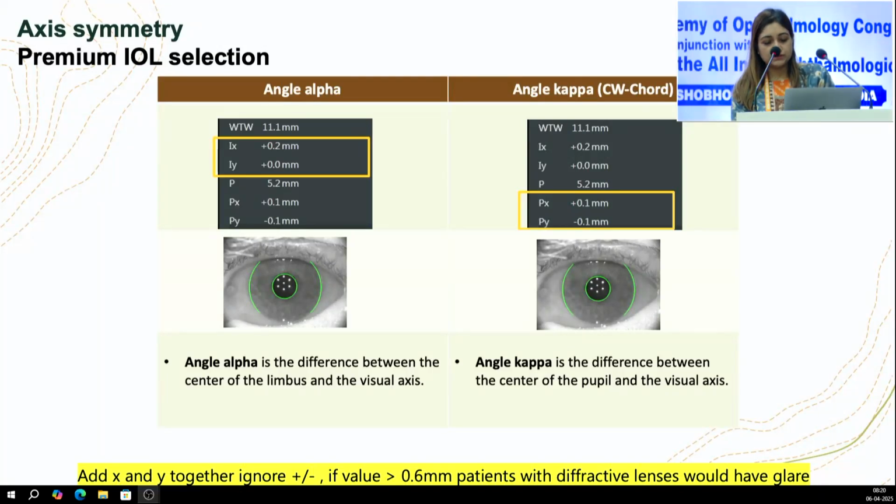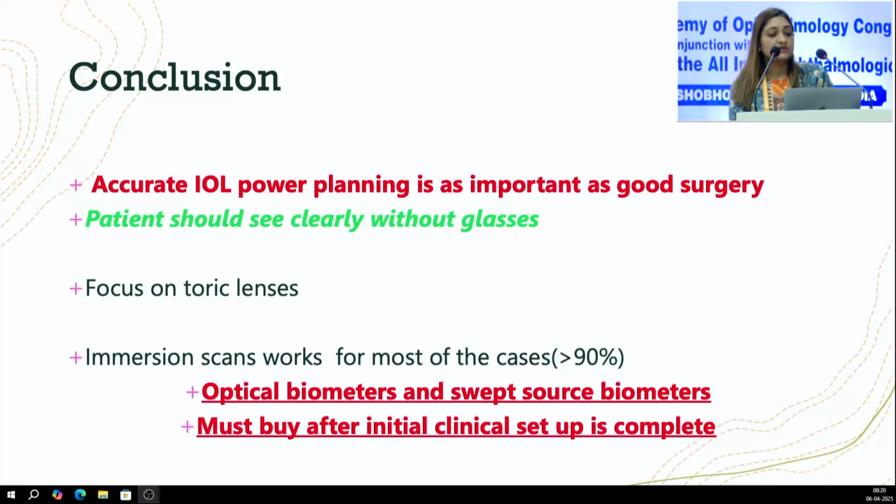dissuade the patients from multifocals. I would like to conclude by saying that accurate IOL power planning is as important as doing a good surgery. Patients seeing clearly without glasses should be the aim of the surgery. With IOLMasters and newer technologies, the focus on toric lenses has increased, and why not? It should be there. With a lot of patients coming with post-refractive surgery eyes,